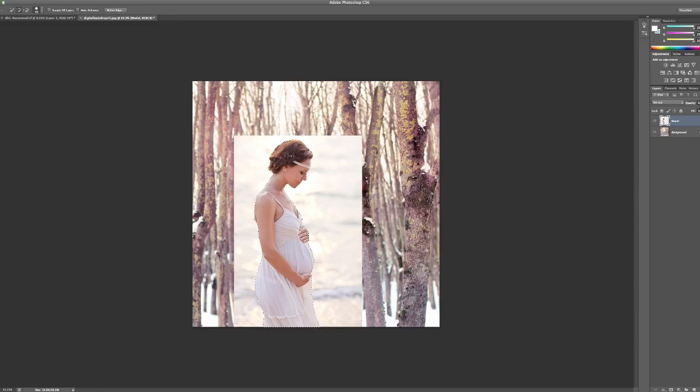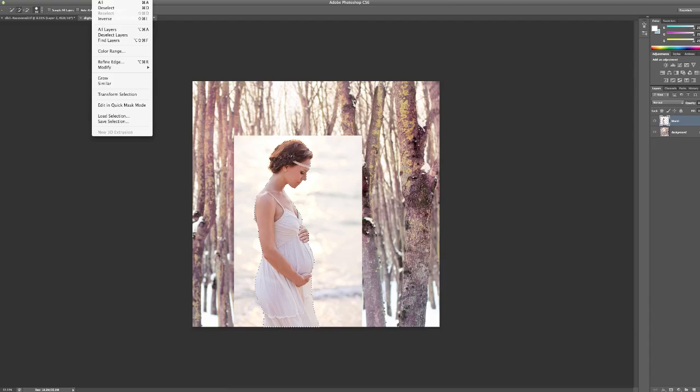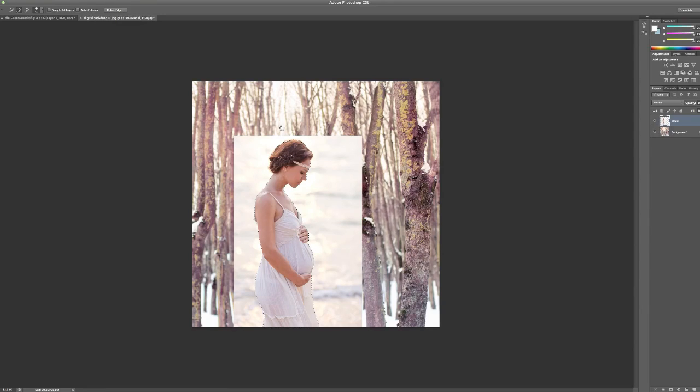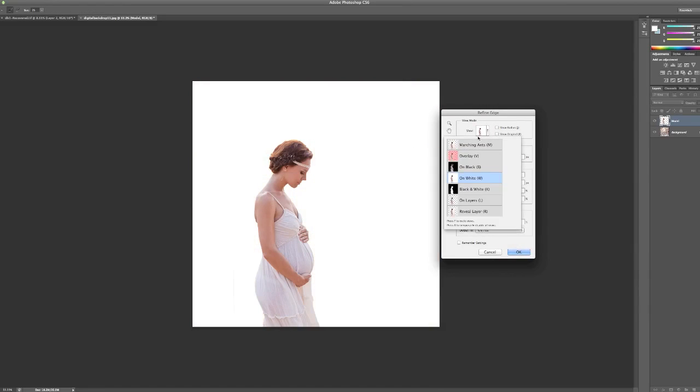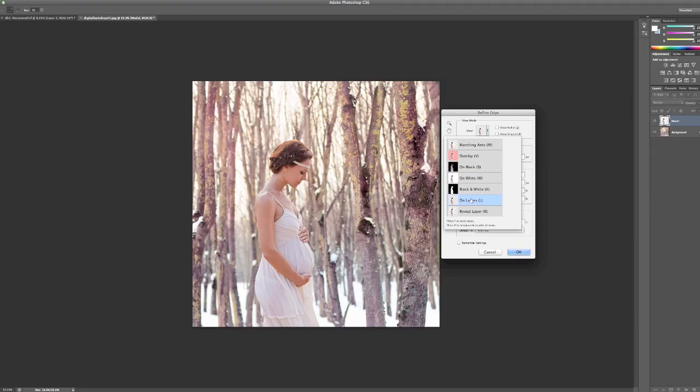And you can see right here, I didn't select all the hair. So the next thing you're going to do is go, I don't know if you can see that with the video, but I am on select and you're going to do refine edge. You're going to change this to on layer, which is now going to show you exactly what it'll look like